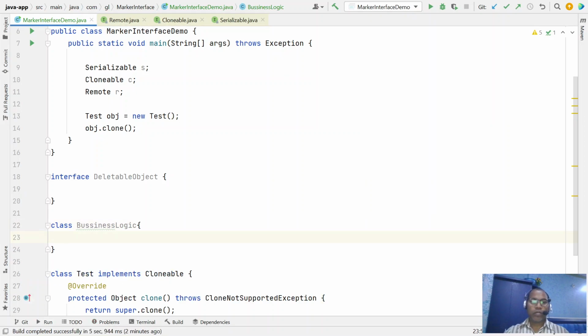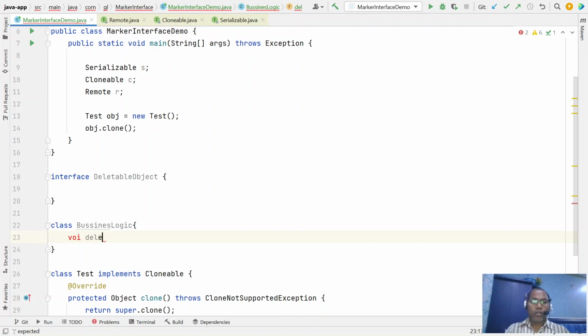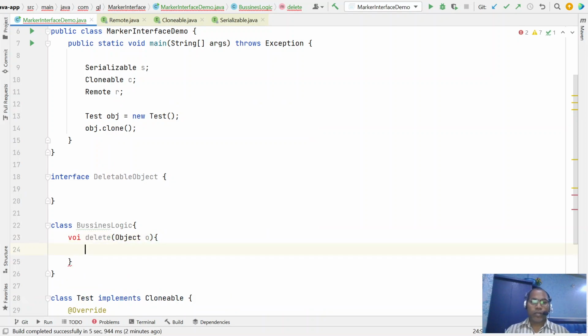Here let's add one method, like void delete, taking an object. Let's say any object you pass, and just print that the object is deleted.